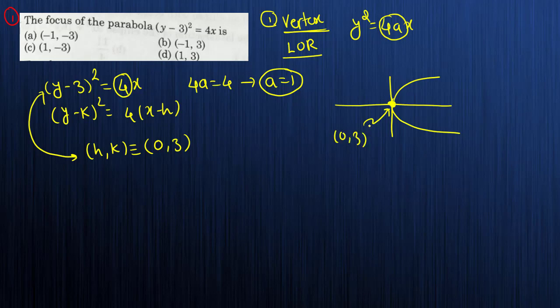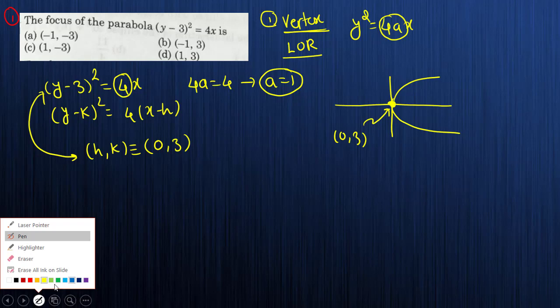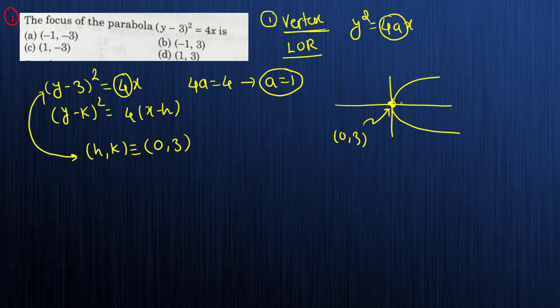ठीक है, मतलब ये फोकस कहाँ पे रहता है, it is at a distance a from the vertex. So यहाँ से इधर चले जाओ. So this is the vertex we have, it is 0, then इसके कोऑर्डिनेट क्या रहेंगे, it is 1, because a is 1. Then what will be its y coordinate, which is simply this 3, this is 3 only. So it is (1, 3) is your answer. So option number D.